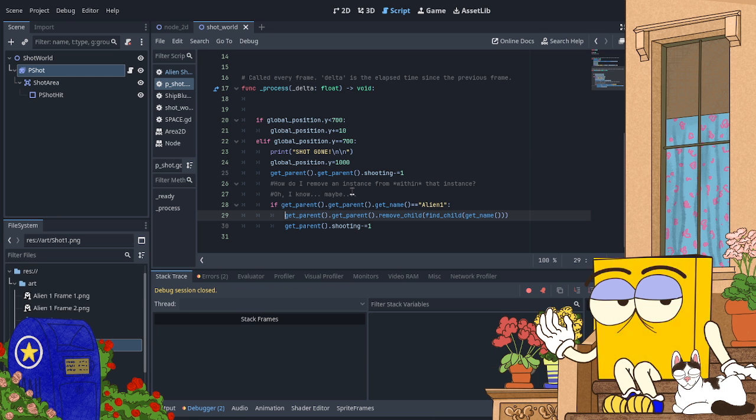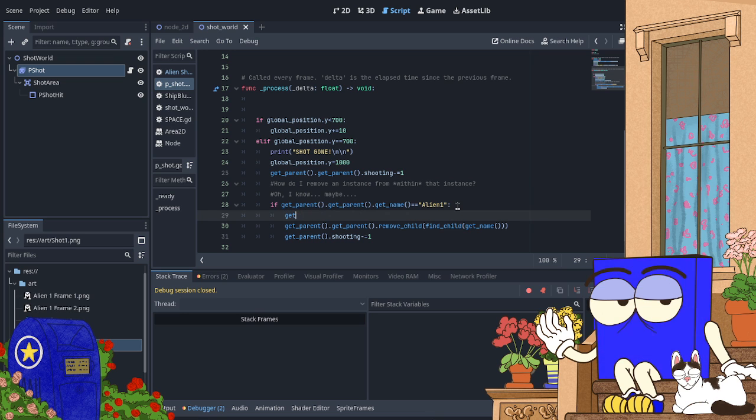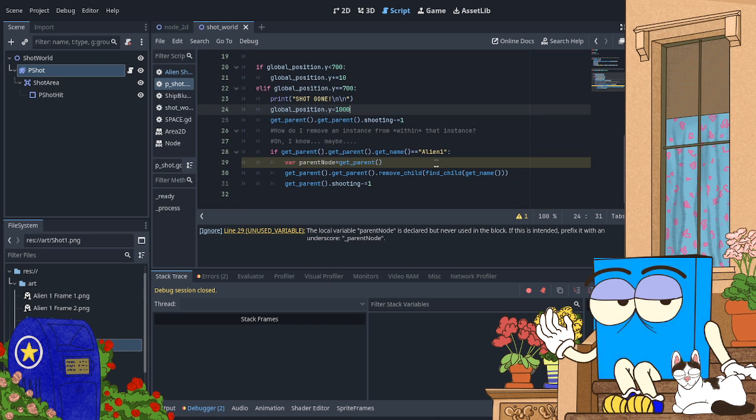Anyway. This is wrong. To get parent. Parent node equals get parent. Get parent, remove child.